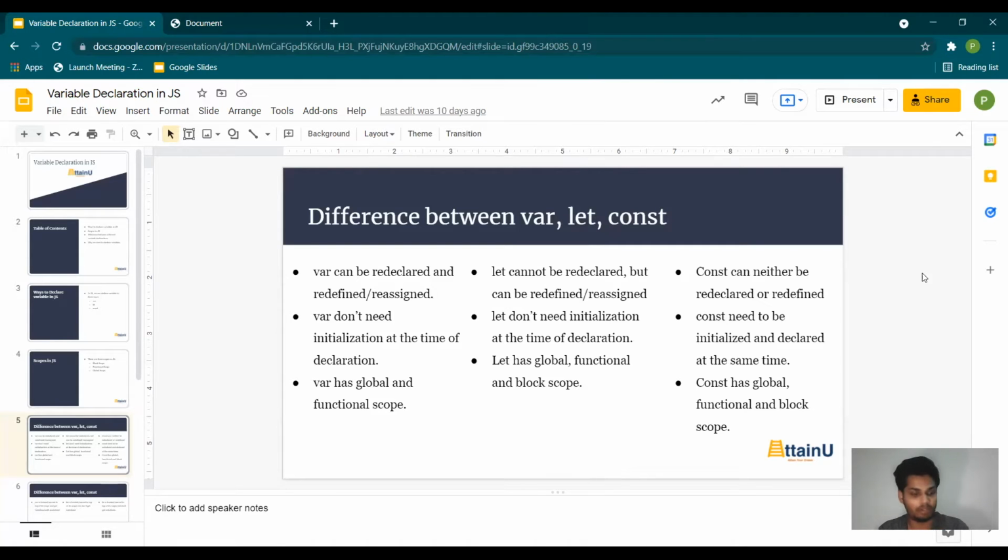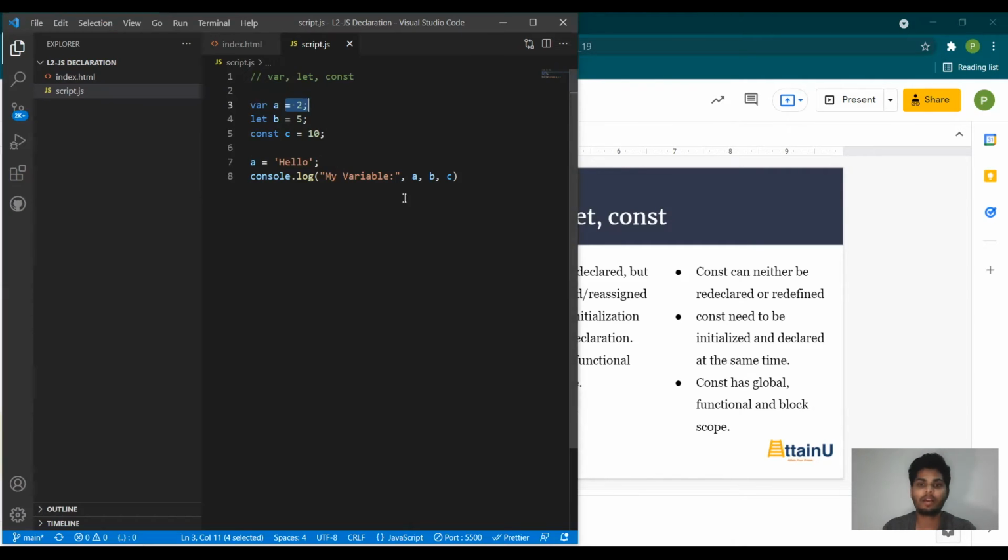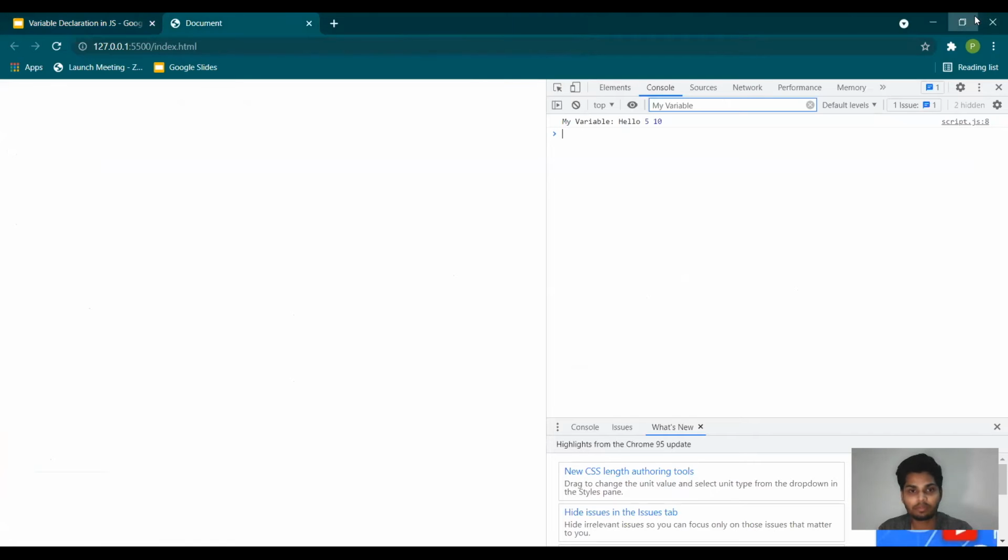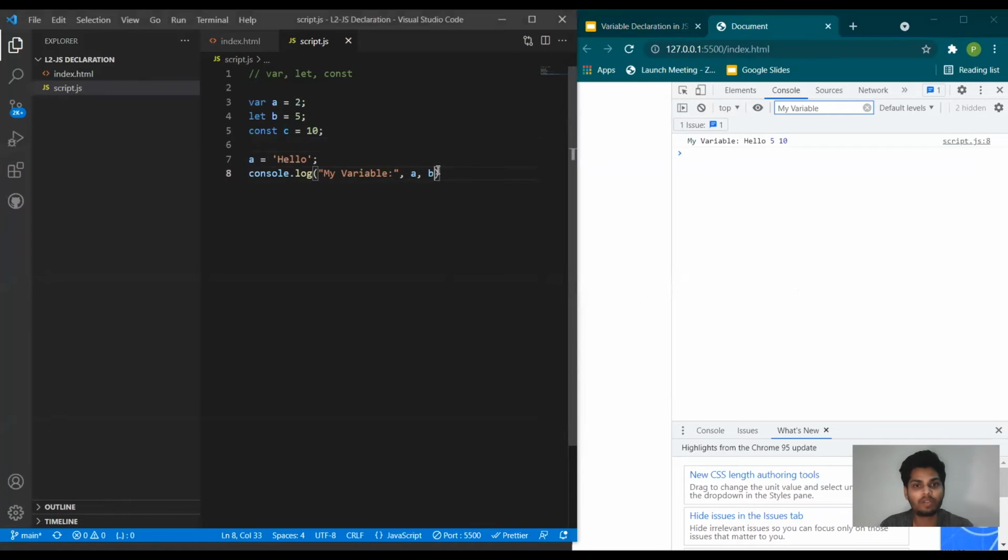So let's see what this means. This is a complex line which I have written on the PPT. So let's understand that. As you can see in here, let me open the console first. Let's remove b and c for now, since we are talking about var only. Var is only a at this point. So we have redefined our variable. Initially it is defined as 2, or assigned the value of 2. Now it has been redefined to hello. Let's not make it a dynamic type. Let's only use 20 in here. So you can see here that it has been redefined with 20.